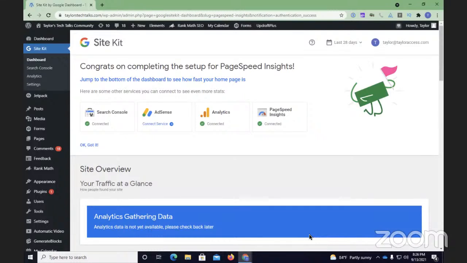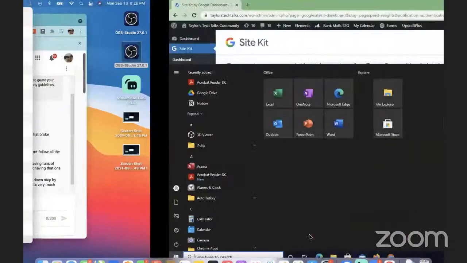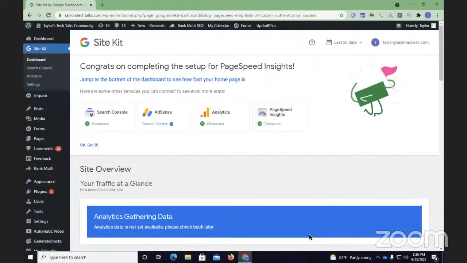I'm located at the Site Kit dashboard. So I go under Site Kit and then Dashboard. I'm looking for the Overview section, and I found it by pressing my heading key. Search box. Site. Heading level 3. Your traffic at a glance. Landmark heading level 1. Site overview. So site overview, your traffic at a glance.